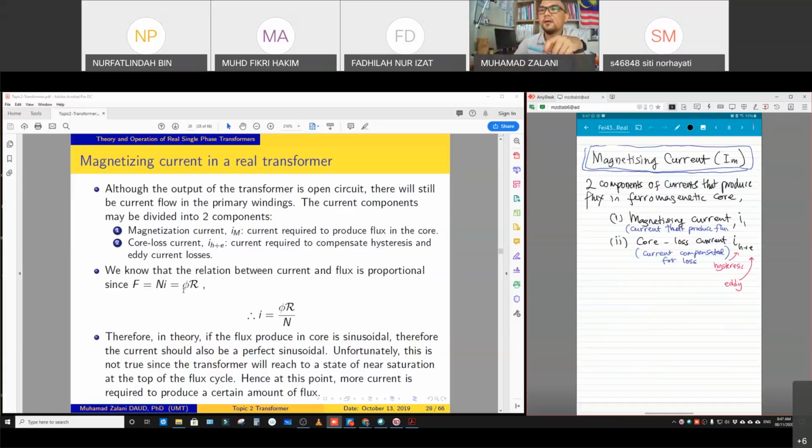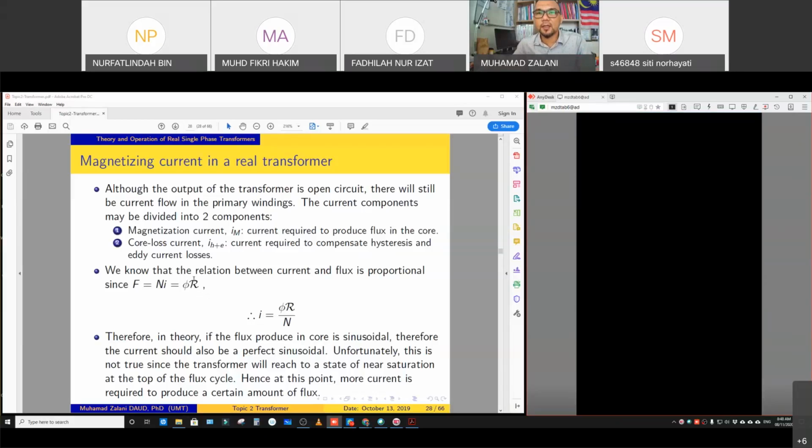R is not so confusing because it uses the same symbol, R, for reluctance, and in an electric circuit we represent R for resistance, right? Okay, so we can rearrange this equation to represent it in terms of I, which is I equals phi R over N. So in this case,